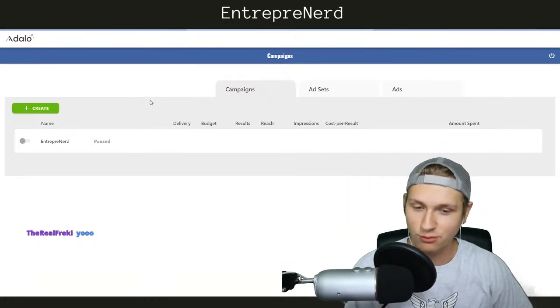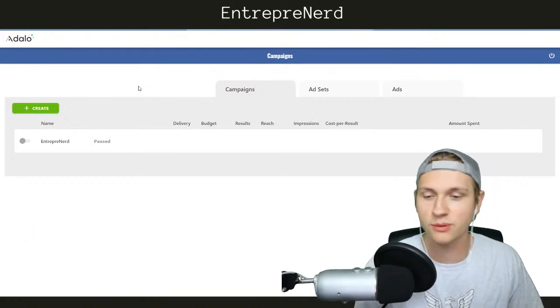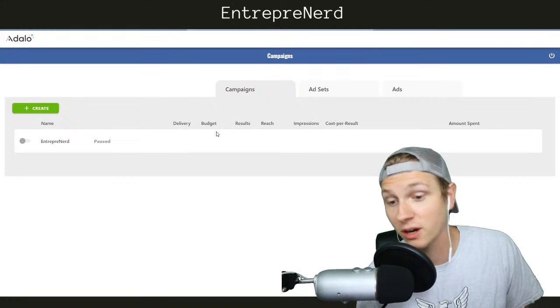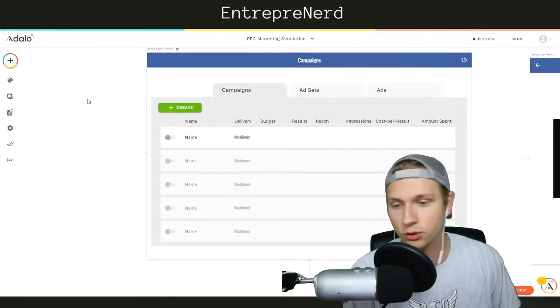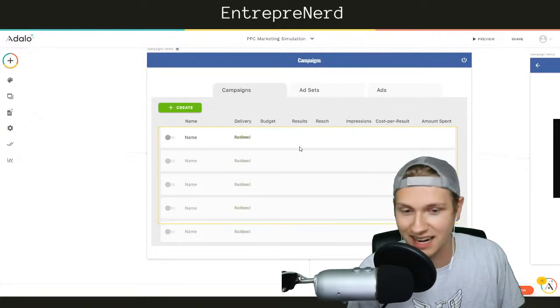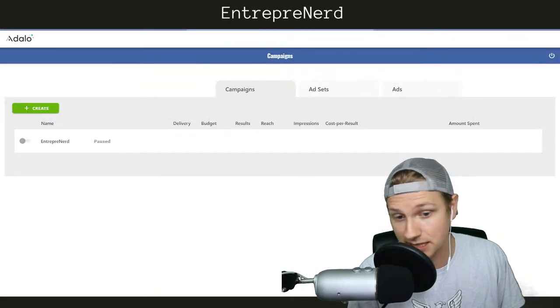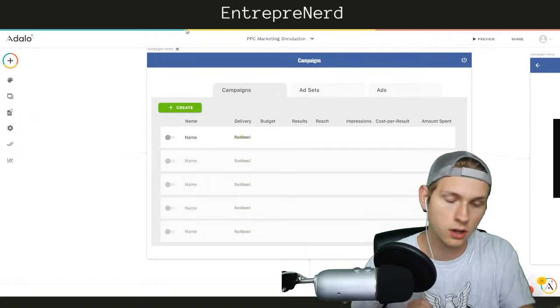We are hitting a roadblock with a little bit of design issues, which is fine. Responsiveness on Adalo is still a little bit of a struggle. That's okay. There are ways to solve it. It's just figuring those out. So cool. I'll keep experimenting, but we're getting a lot closer, right? The design element is really the only thing that needs fixing. And then once the design is all fixed, we are good to go.